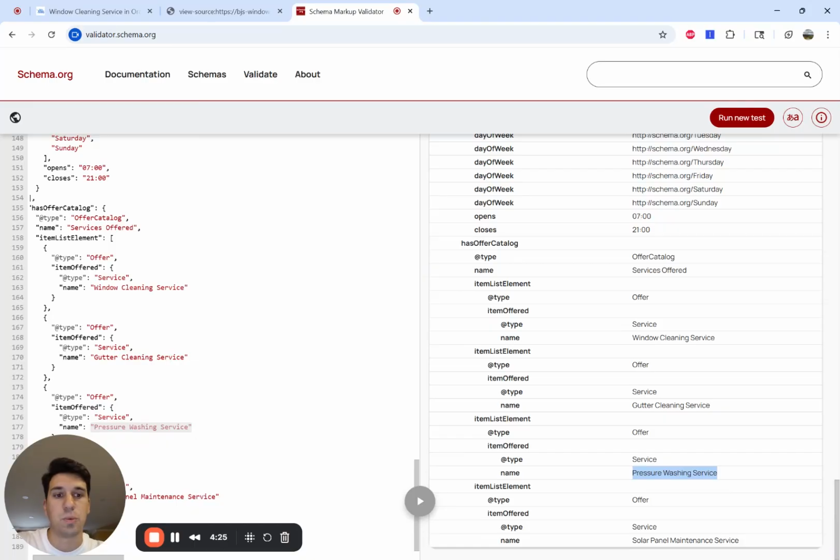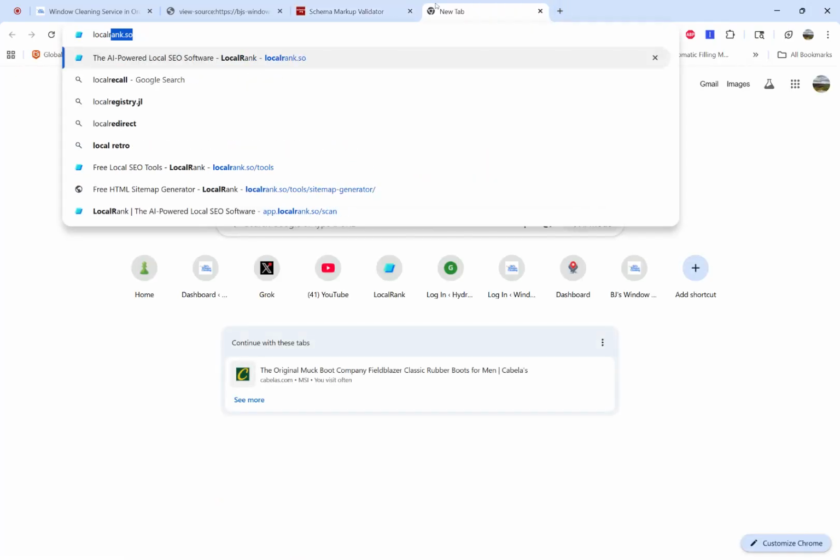I didn't say professional window cleaning. It is window cleaning service because that is going to tie back to the Google Business Profile. Okay. How can you get this structured? You could put all of your information into ChatGPT and have it spit out schema. The other thing you can do is go to